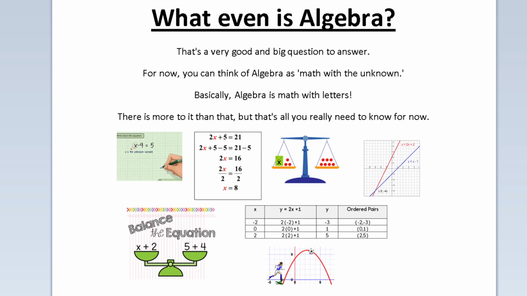When it comes down to it, 6th graders, you can think of algebra simply as this. It's when you work with letters, and the letters represent an unknown missing number, kind of like a blank or a question mark. So instead of blanks or question marks, we're going to use X, or different letters. All the letters work the same way, but you're going to commonly see X. That's what we're probably going to work with most in 6th grade. Now in 7th grade,